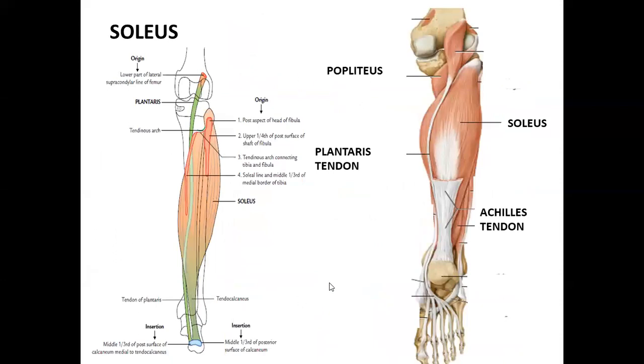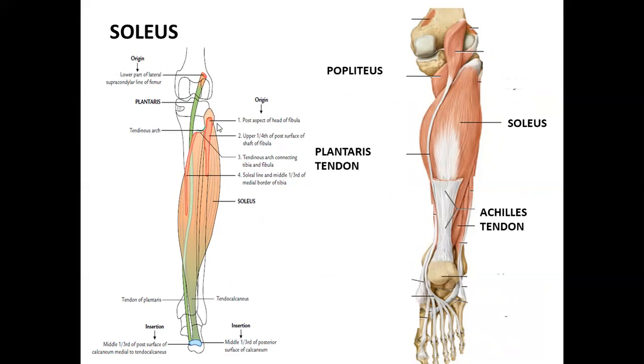Okay, now talking about soleus. Soleus is an important muscle, it comes up in exam questions. Okay. So soleus is a multipinnate muscle. It lies deep to the gastrocnemius. It is known as soleus because it resembles a flat fish. Now, when we look at the origin of soleus, as you can see here, you will draw this diagram in the exam, it covers everything. So the origin of soleus is horseshoe shaped. As you can see here, it is horseshoe shaped.